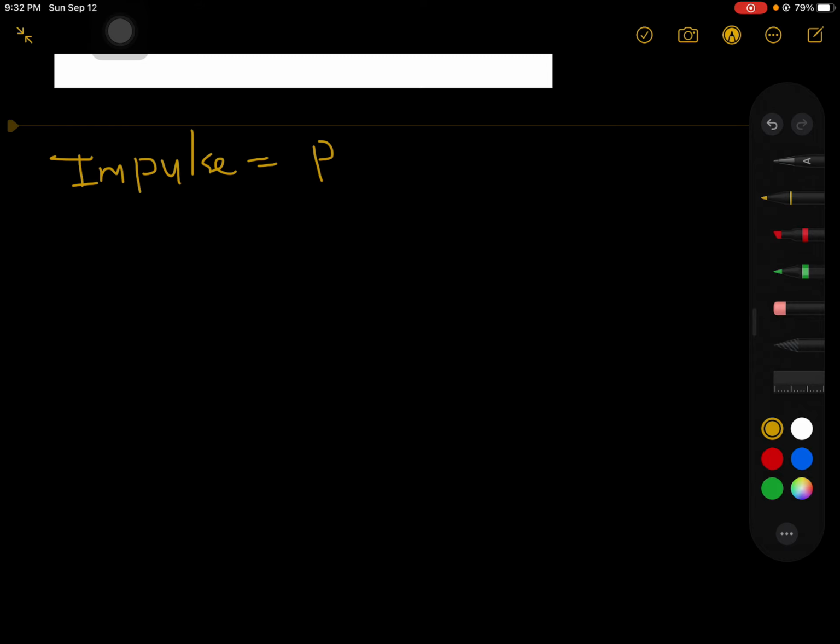So we can say the momentum of the rocket equals the momentum of the gases. So m plus, which equals F times t,